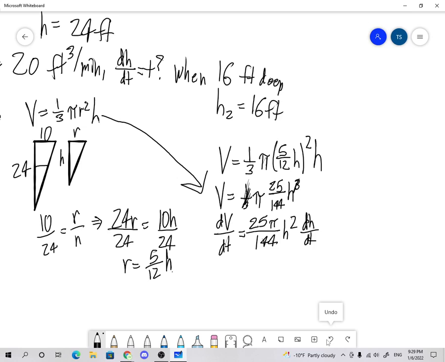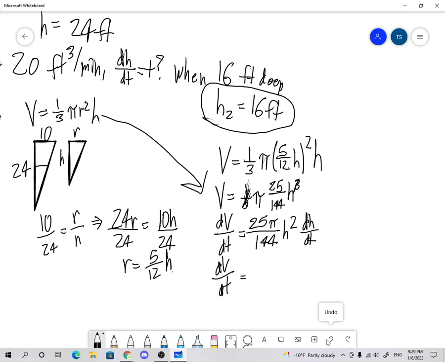Before I move forward with that, I'm going to plug in h because I know an h now. I have h2 now. So now everything is implicitly differentiated. We just need to actually start simplifying because we need to solve for dh/dt. We can't have this here. We want to have strict values here. So I'm going to plug it in,